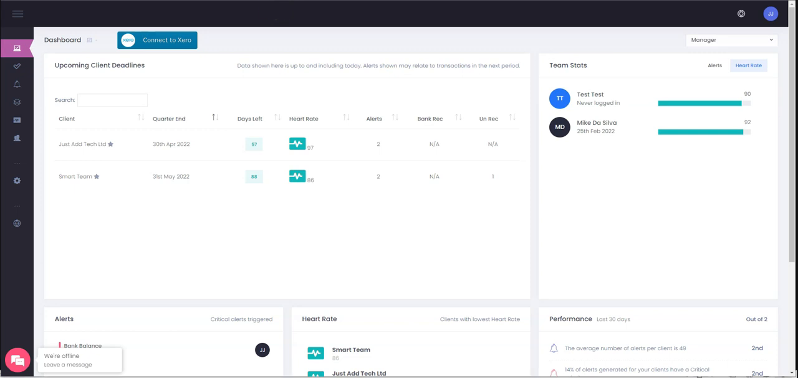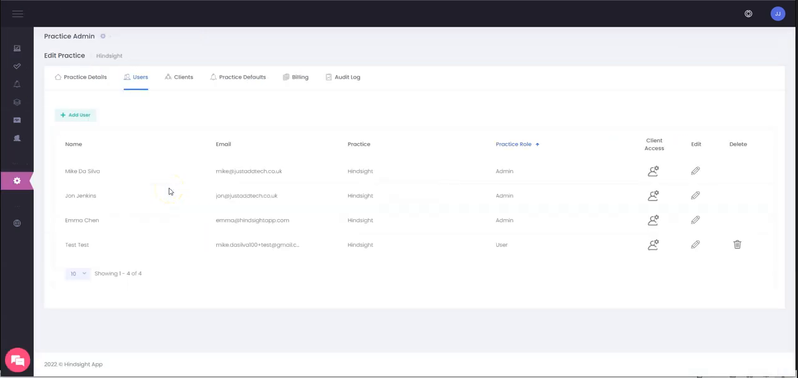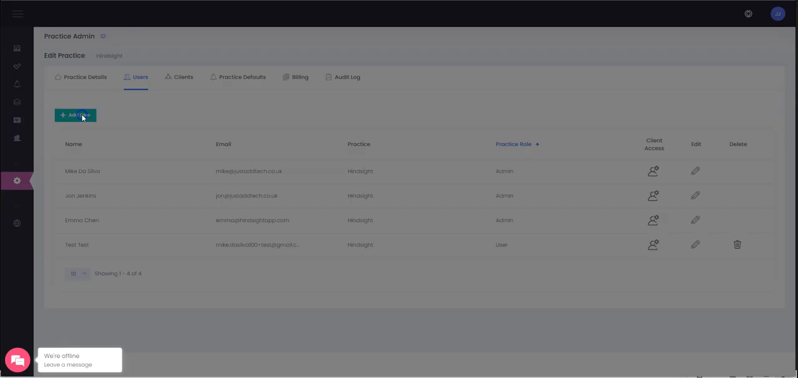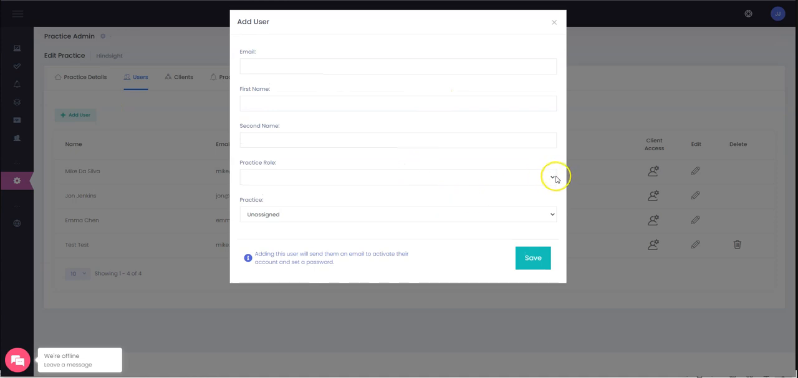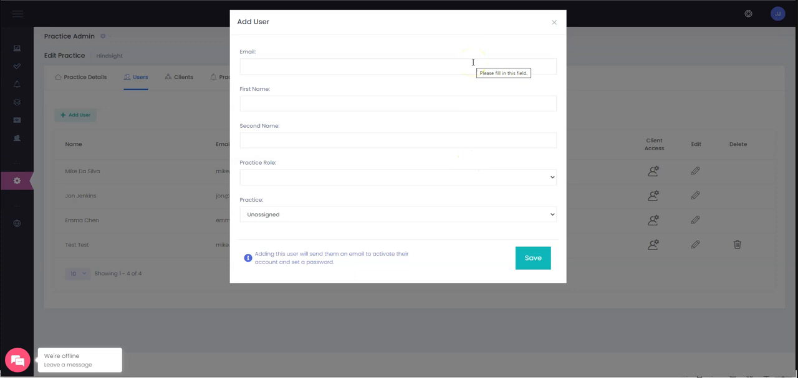Just to reiterate, it's super important that when we add new users, we do allocate them to clients. One of the biggest mistakes that we see happening is that people don't allocate clients to their staff members, and then when they log in to try and do some work, they don't have access to the right people. Now, if you are a practice admin, when you click add user, as you fill these details in, on the next screen it will ask you to allocate clients to the user,